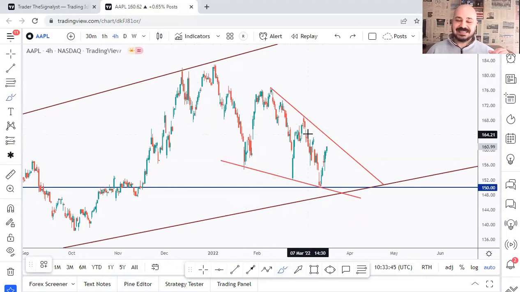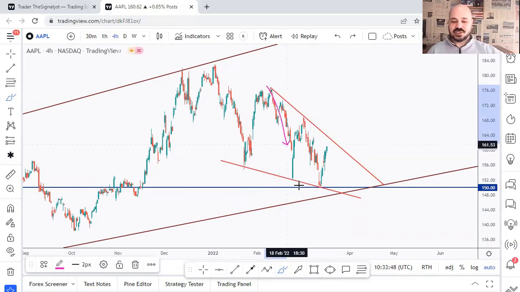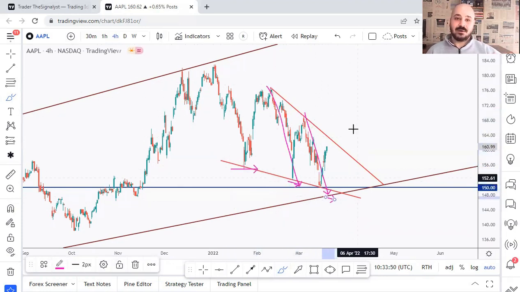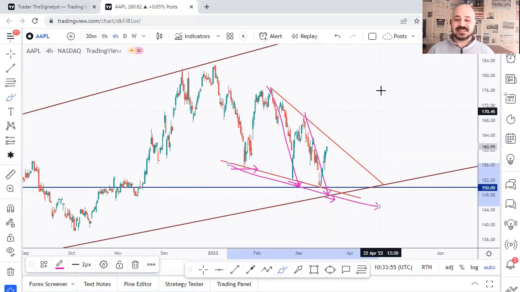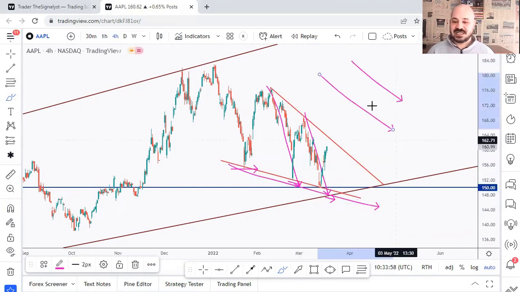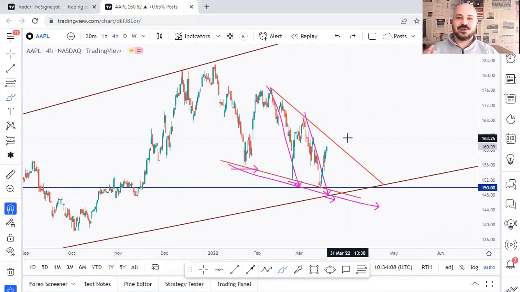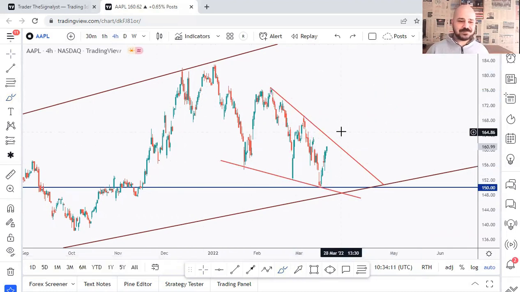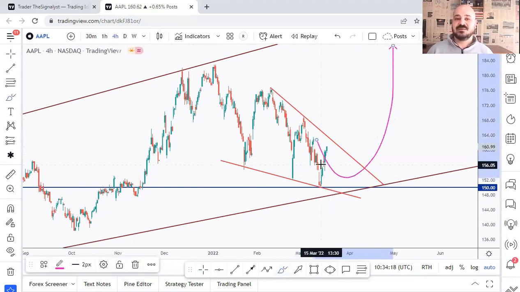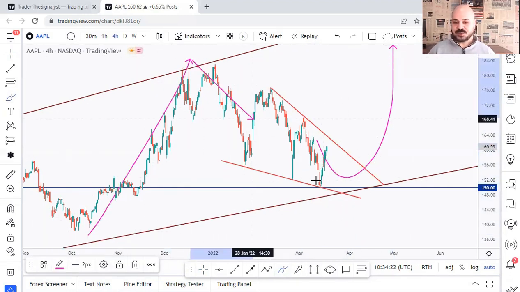A wedge pattern means that the sellers are still in control, pushing price lower, making lower lows. However, they are not as strong as before because this lower trend line is going steeper. So a wedge pattern is stronger than a channel because the sellers aren't strong enough to make low lows. Instead, they are making low lows, but it's going flatter, just like a wedge pattern, right? So this is the logic behind a wedge pattern. So it's a bullish reversal pattern because now it's like a falling one. We're looking for a bullish reversal setup to catch the next impulse moving upward, which is impulse, correction, while waiting